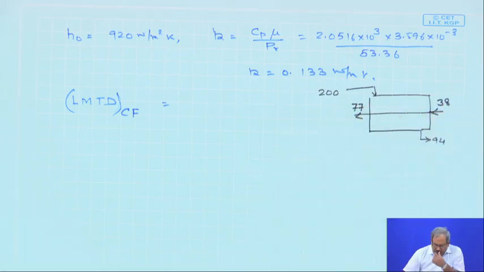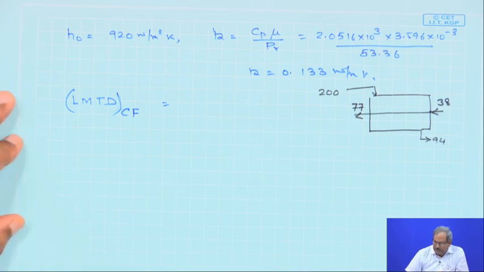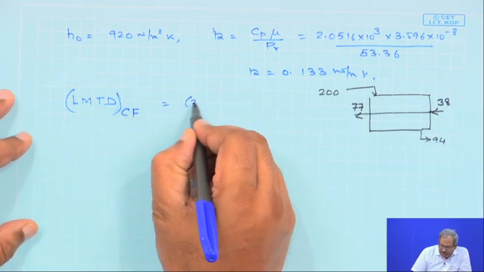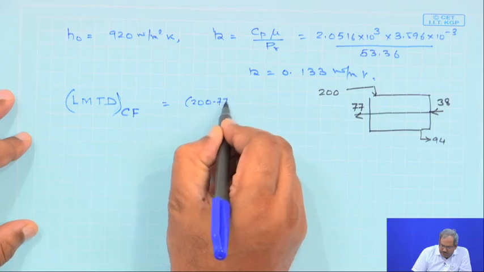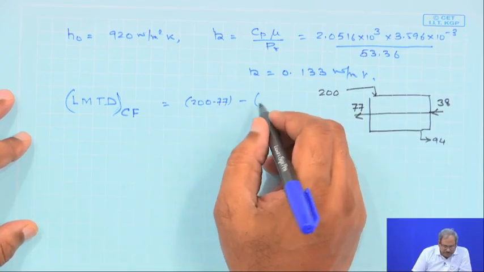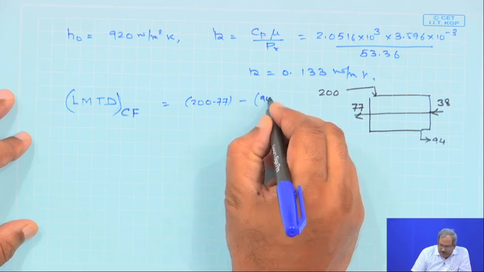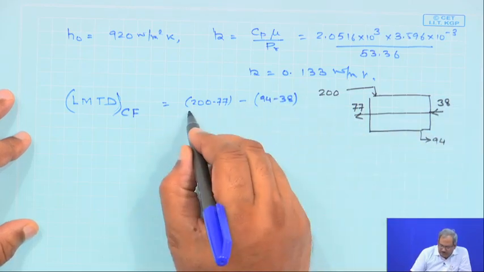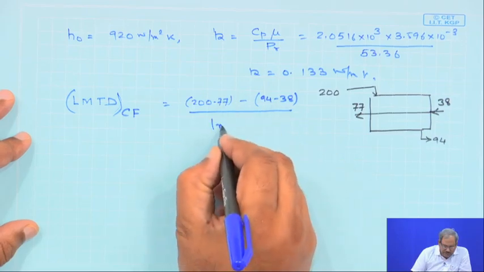So, this is the pure counter flow representation of the previous figure. Therefore, the LMTD would simply be 200 minus 77, which is the delta T at this point, minus 94 minus 38, which is the delta T at this point, by ln of the ratio of the differences,